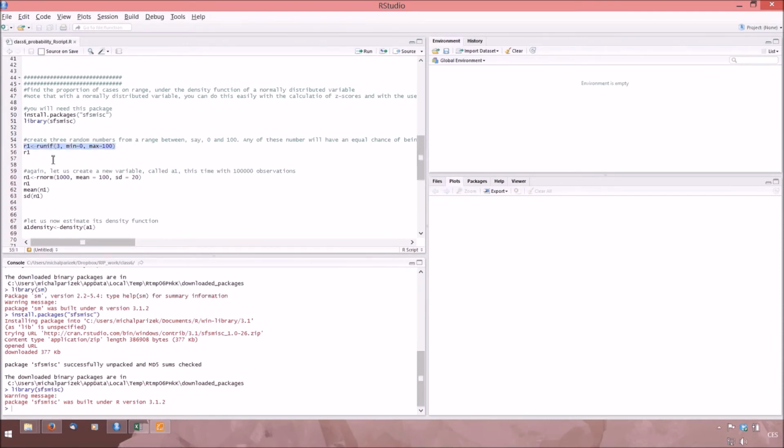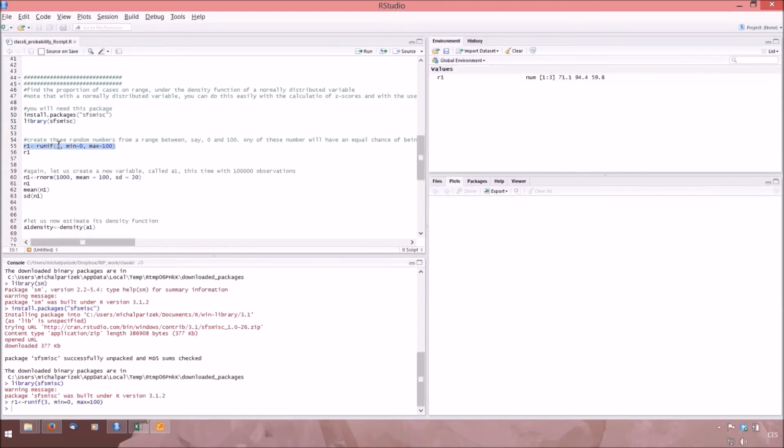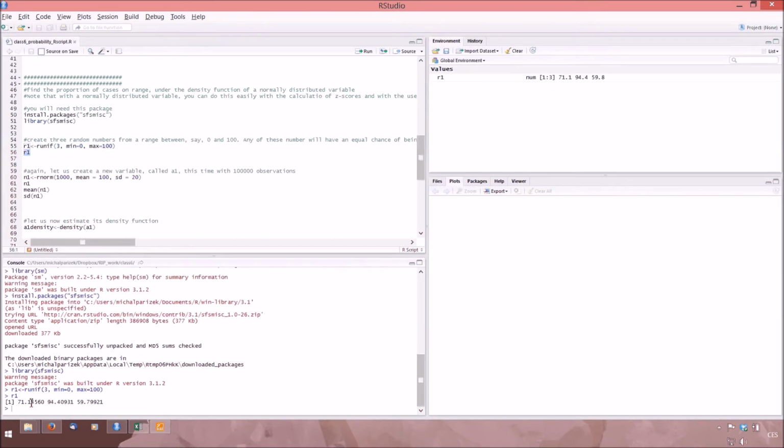We can create the new variable called R1, which will have 3 values, and all of them should fall in the range between 0 and 100. You can have a look at it. And here we have the value 71 plus something, 94 and 59.8. Now, as I said, uniform distribution is such distribution in which all values have exactly equal chance of being selected